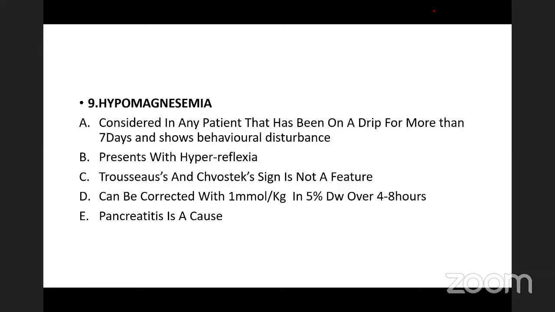C, Trousseau's and Chvostek's signs is not a feature. D, can be corrected with 1 millimole per kg in 5% dextrose water over 4 to 8 hours. E, pancreatitis is a cause. Okay. Now,